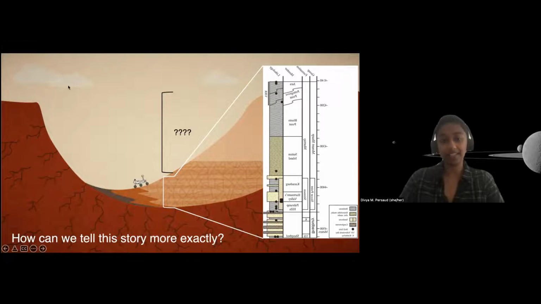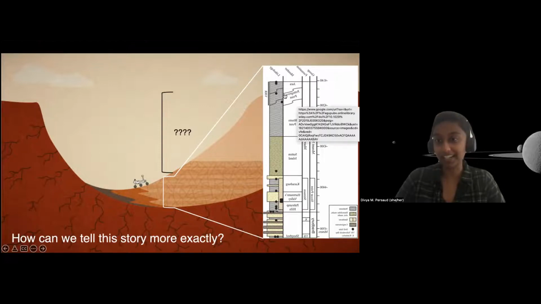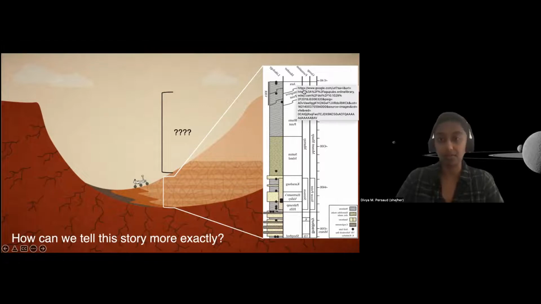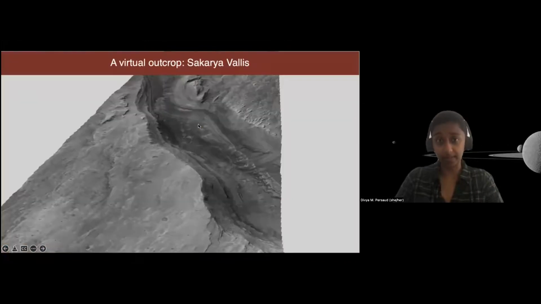We have the geology. If we think of this as a little schematic of what the rover has done so far, it's allowed us to, I don't know why this is backwards, I'm sorry, reconstruct or summarize the geology in that area in a stratigraphic log, like I mentioned before, that we get to do here on Earth as geologists. As it's ascended, it's got to look at these different units. So now the question is, what's going to happen up here? Curiosity is not going to live forever. We're not going to get everything up here. And so I'm really interested in the geology that we can get from up here and how we can use 3D data to actually do that.